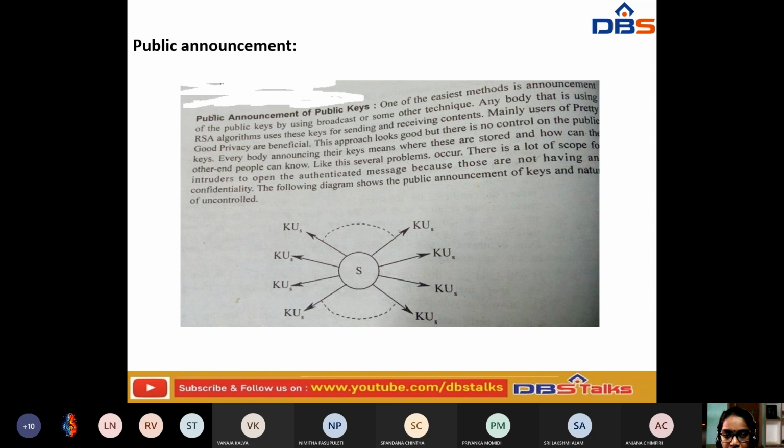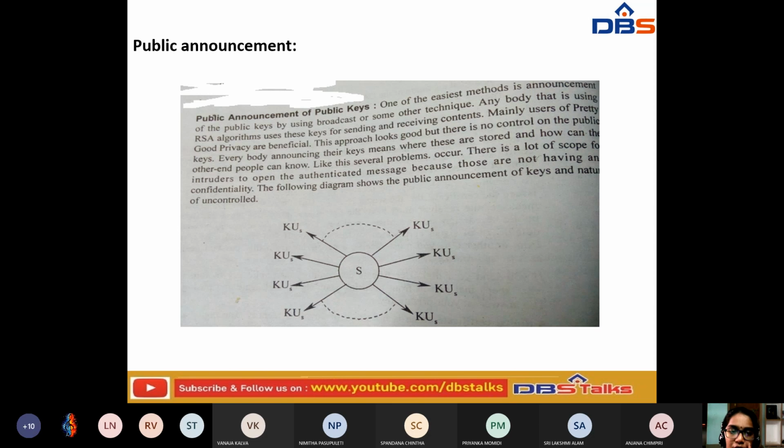Yes or no? Whenever you are giving access publicly, then that person can definitely change the data, read the data, or modify the data. So mainly for users, this approach looks good for privacy and benefit, but there is no control on the public keys.